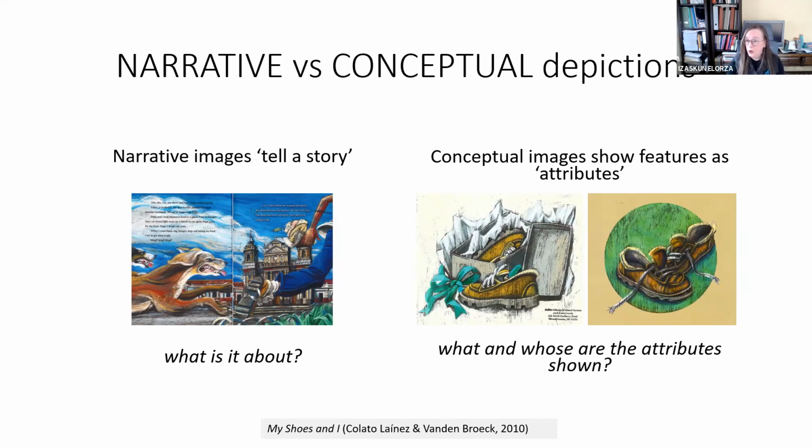The shoes in the box are found at the very beginning of the book, even before the story starts, as the narration starts properly. And the other one, the worn out shoes, which are the same ones, is to be found at the end of the story, when everything has happened already. So these are used as symbolic attributes of the narration or of the character. And this is something that we are going to find very often in picture books.